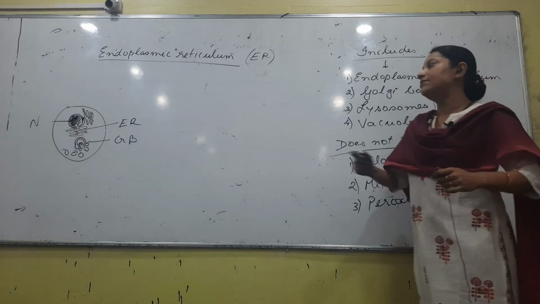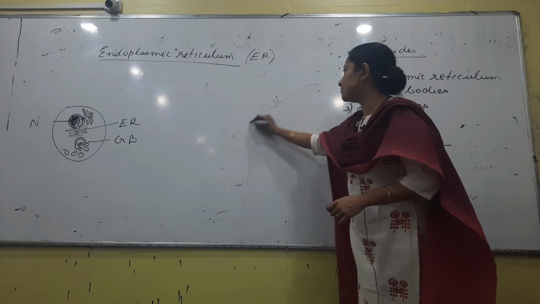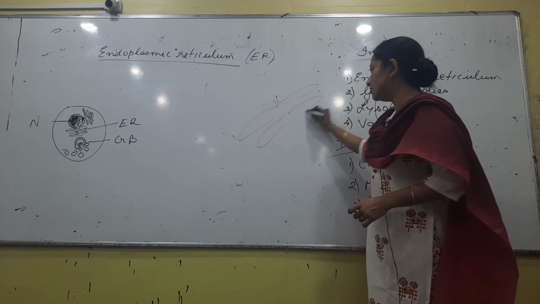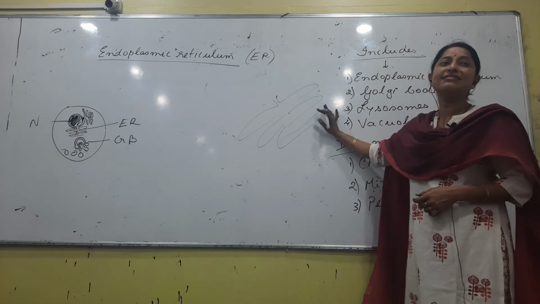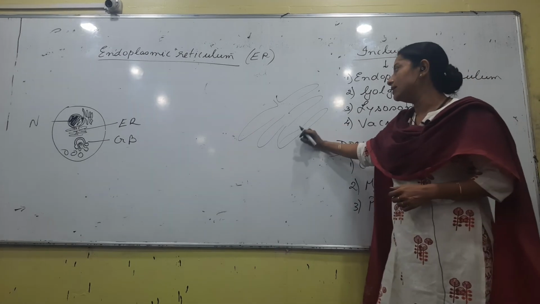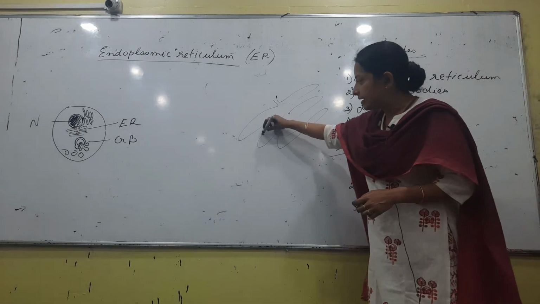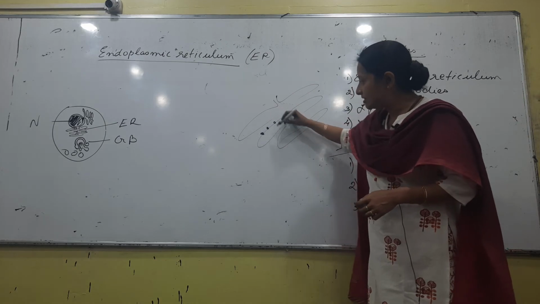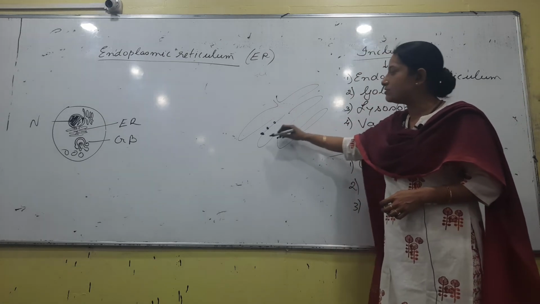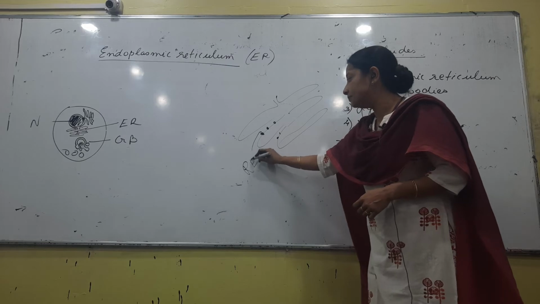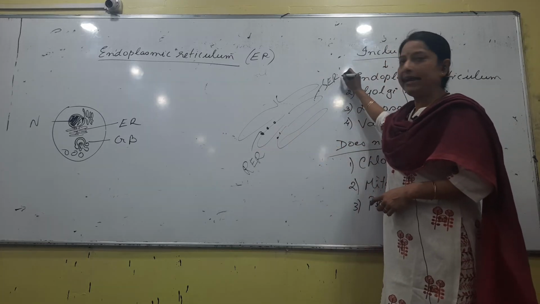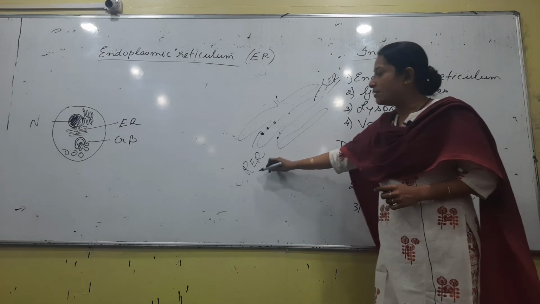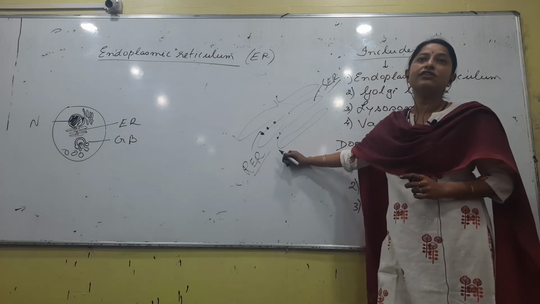In the endoplasmic reticulum, what kind of structure will be there? If you are talking about these flat structures, they have a proper term for that. They are called as cisternae. As we go, we will be talking about it. You will see the presence of ribosomes attached to it, and so that would be called as RER. If it is not there, then we call it SER. Now, if ribosomes are attached, then obviously we know the function also.